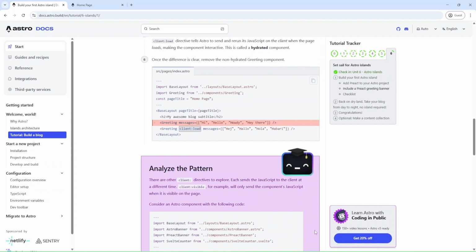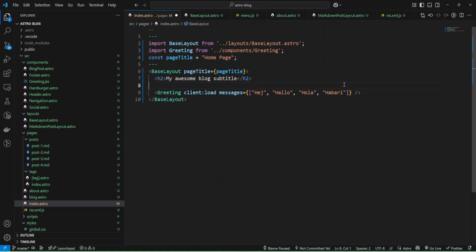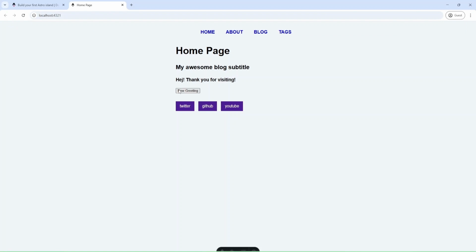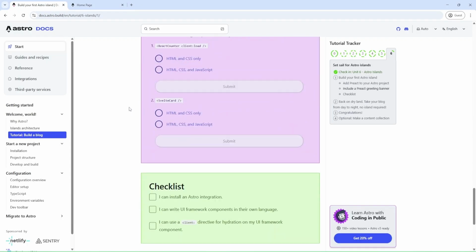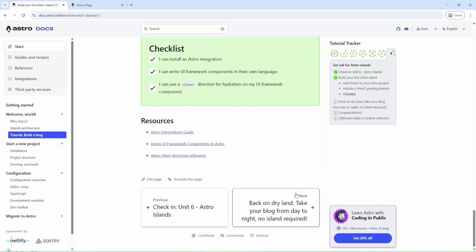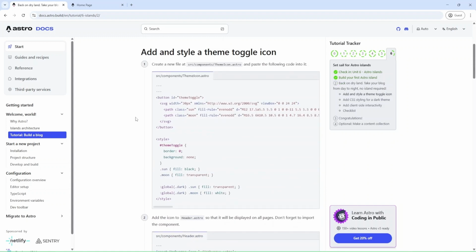And now we can remove this greeting component without directive. Okay, and let's check. And we have only one component with a working button. Okay, and let's go next, and I can mark these items as done and go next. Okay, and now we have back on dry land, and we can add day to night switch.